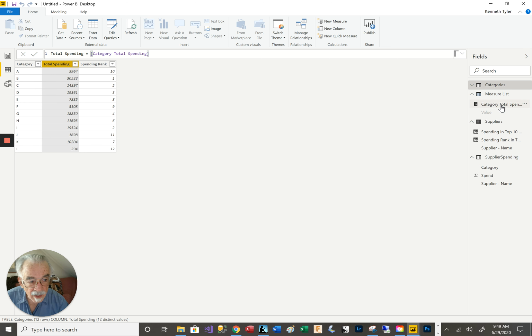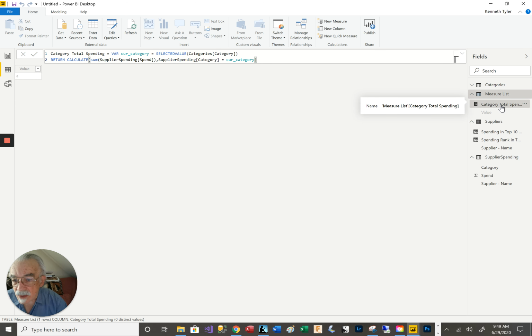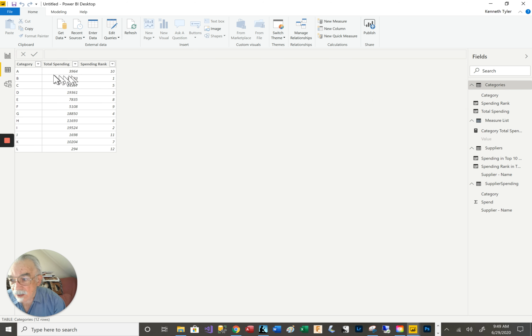So the total spending for each category is a measure, and it uses CALCULATE, and it sums up all the spending in the supplier spending table where the category equals the current category. The current category gets a value from the context the measure is executing in, so that when it's executing here, the current category will be A, and when it's executing here, the current category will be